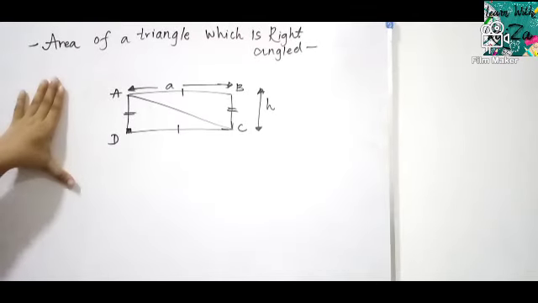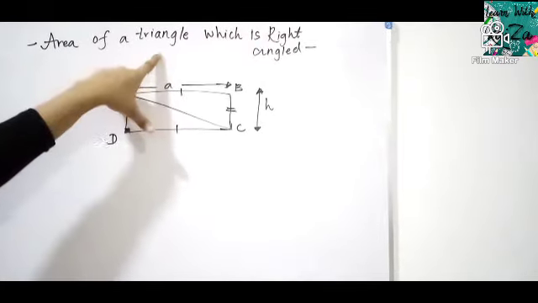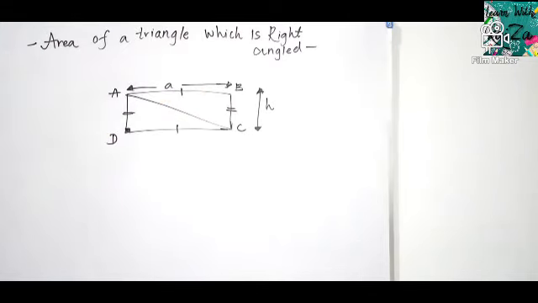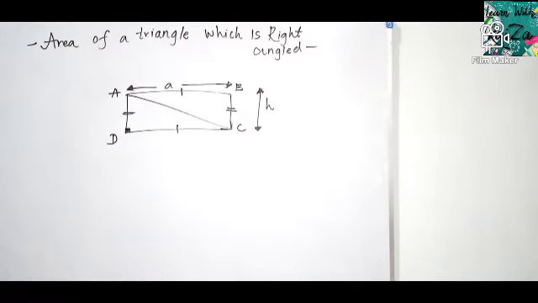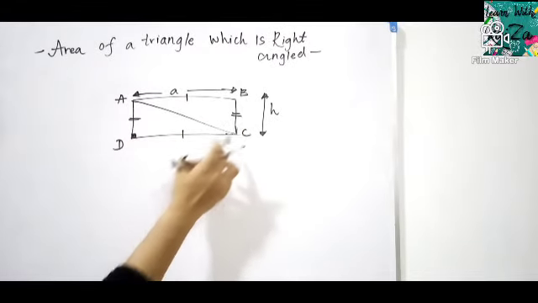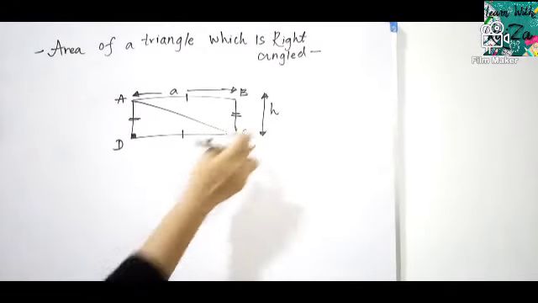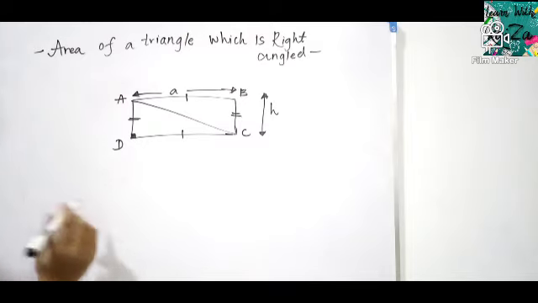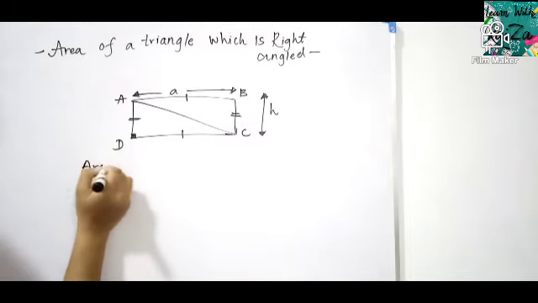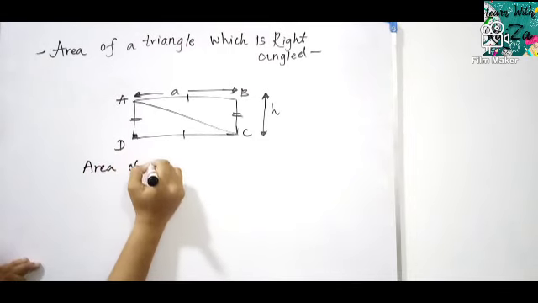Okay, now we'll discuss about area of a triangle, which is a right angle. Now here I am going to teach you a theory how to form the formula for a right angle triangle. So for that I have considered a rectangle, ABCD rectangle. As I told you before, rectangles are length as A and the height or the breadth as H. Okay, so how many triangles can you see here? Yes, 2 triangles. So now we'll see, we are going to form a formula for the area of right angle triangle.